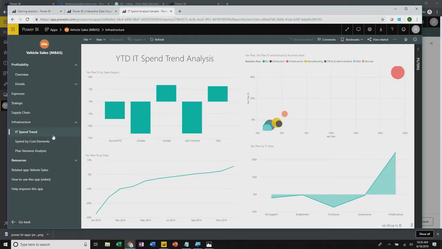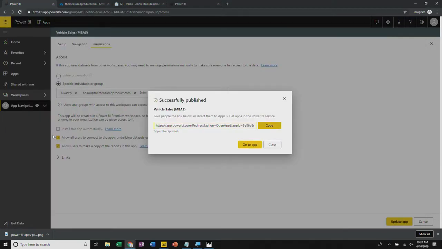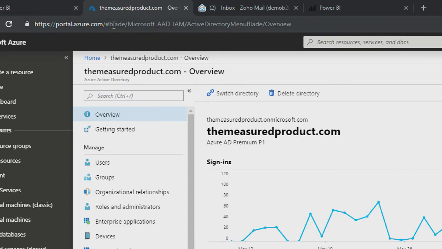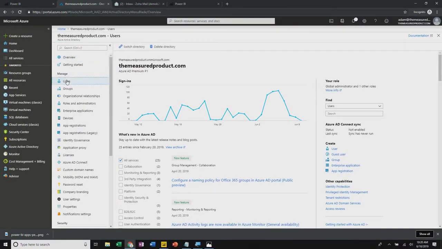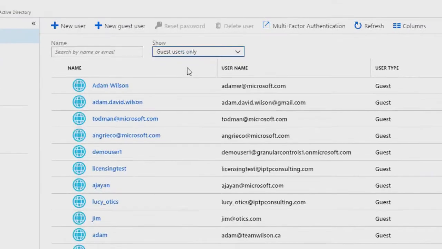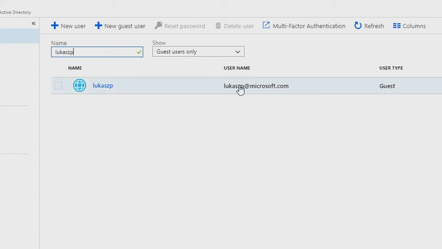Now, let's rewind a little bit. What actually happened along the way? What actually happened was, if you went into Azure AAD, who's used the Azure AAD portal before? Okay. portal.azure.com is the core URL. So you can kind of see it here in the portal. And if I go into the users tab here, and I search on guest users, and then what I do is I type in my alias, and you'll see that wukashp@microsoft.com is a guest user. Okay? They got there because someone invited me.